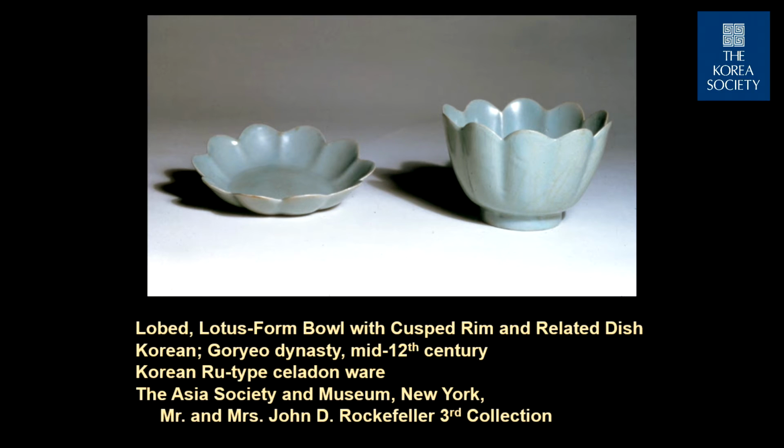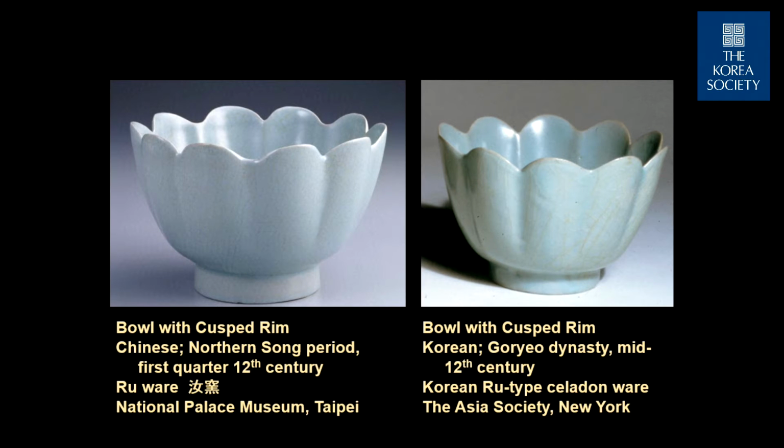Now, there are ones, these are in the Rockefeller collection here in New York. And looking at something like this, one realizes that the Koreans are imitating Chinese imperial Ru ware, which was the finest ware produced for the Chinese court during the time of Emperor Huizong. This is one of the very famous pieces on the left in the National Palace Museum in Taipei, made for use by the Emperor Huizong and his court. This is one produced probably just a couple of decades later in Korea,